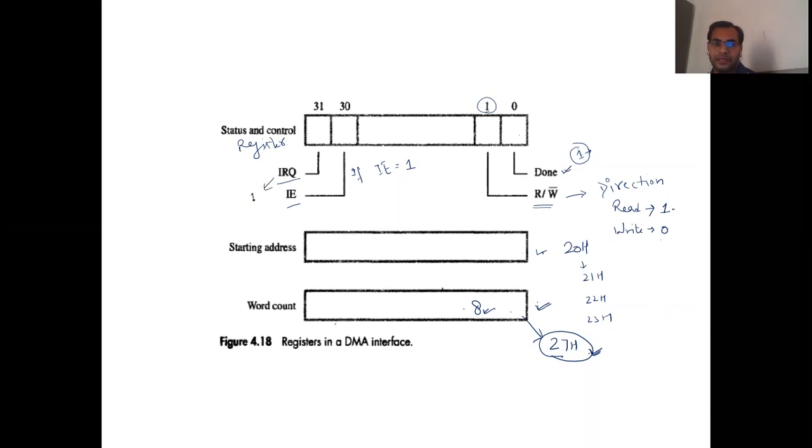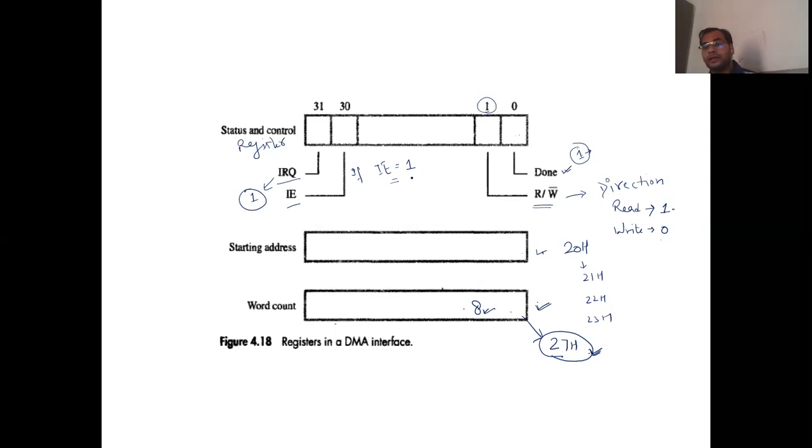It will make this bit also 1, to tell the processor that my transfer has completed and you can take the control of the bus. It will send an interrupt request if this interrupt enable is 1. This is how these different bits, or flags, can be used to control the operation between the processor and the DMA controller.